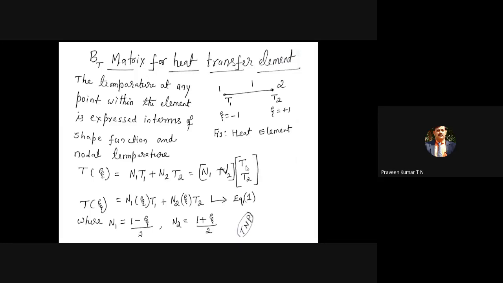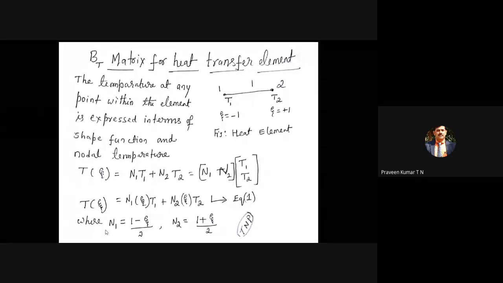The T1 T2 refers to the nodal temperature vector, or sometimes the elemental temperature vector, because T1 T2 correspond to element 1, hence it is referred to as the element temperature vector. But we also have the global temperature vector, which is different. If you have 2 or 3 elements, we may have T1 T2 T3 and so on, and then it is referred to as the global temperature vector. Now this is an elemental temperature vector. T1 T2 refer to the element temperature vector, and N1 and N2 refer to the elemental interpolation functions. Already we have derived what N1 and N2 are.